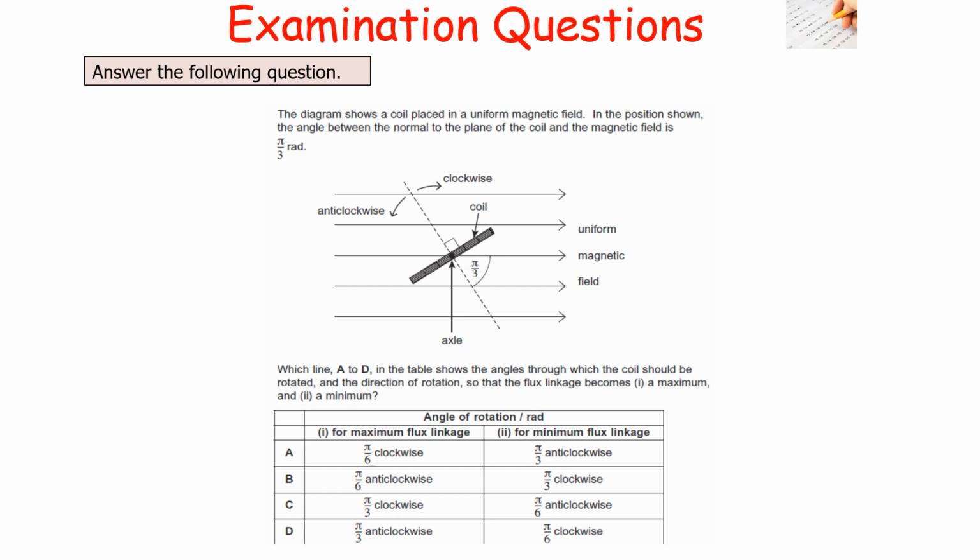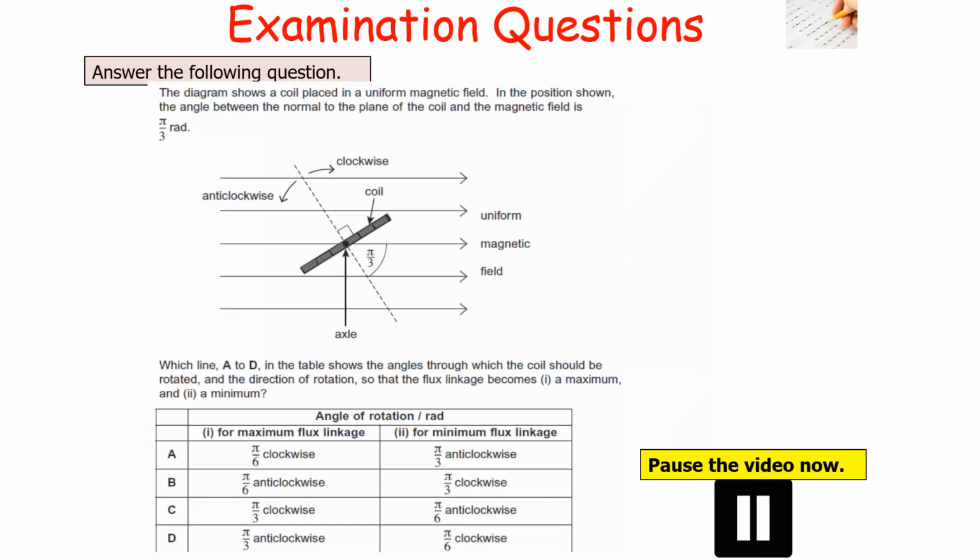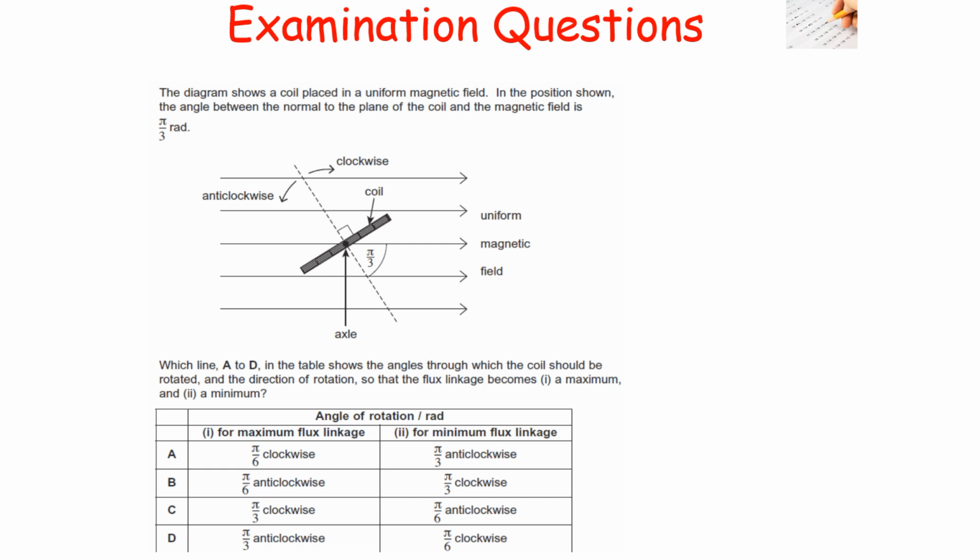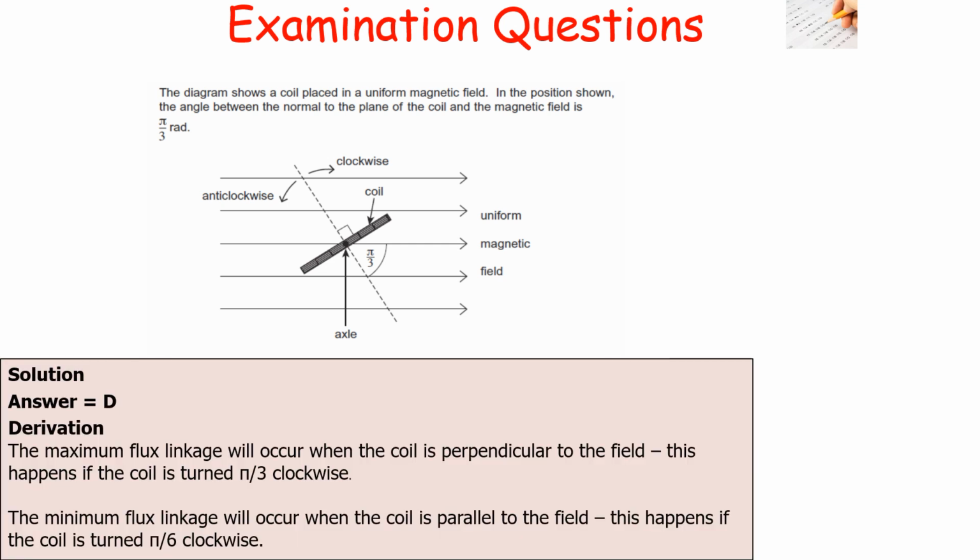The next question says, the diagram shows a coil placed in a uniform magnetic field. In the position shown, the angle between the normal to the plane of the coil and the magnetic field is pi over 3 radians. Which line in the table shows the angles through which the coil should be rotated in the direction of rotation so that the flux linkage becomes a maximum and then a minimum? So pause the video now, then unpause the video when you want to go through your answer. Right, in this question the answer is D, because the maximum flux linkage, which is when you get your conductor